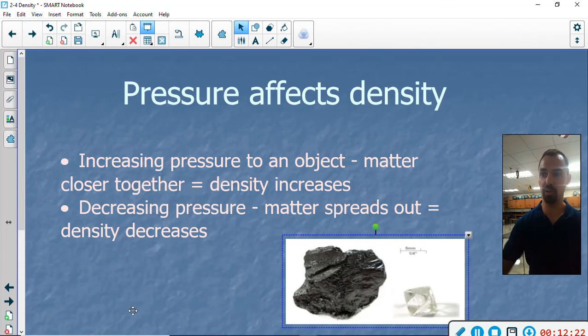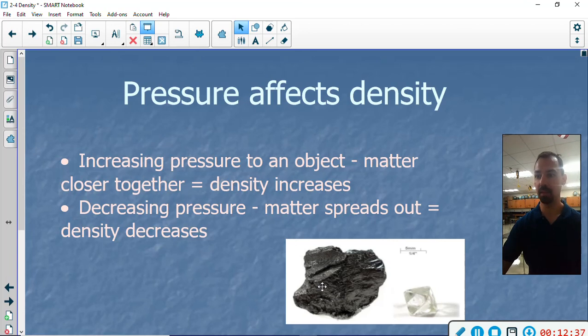Okay, pressure can also affect density. Increasing the pressure on an object can make the mass or matter closer together. This will cause the density to increase. Perfect example of this: